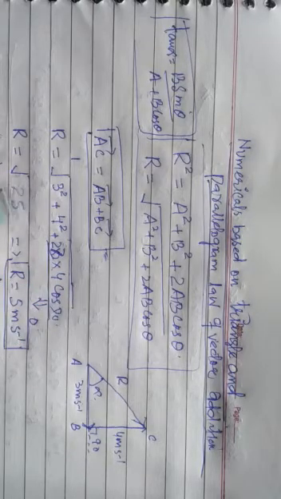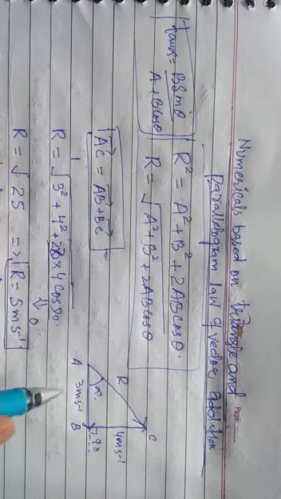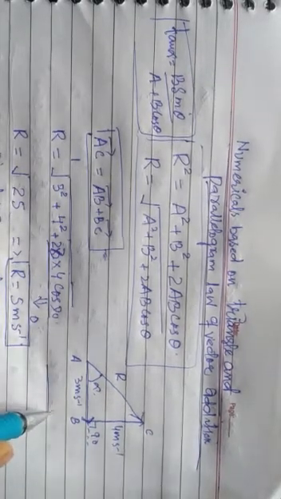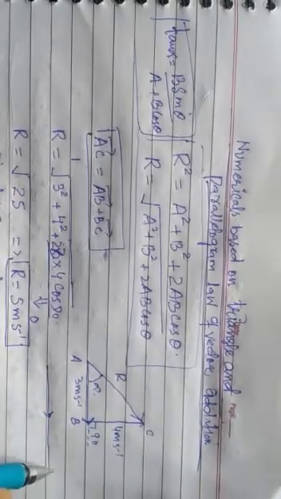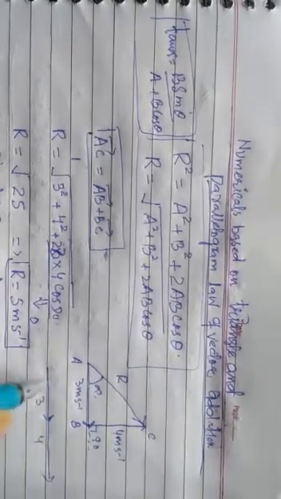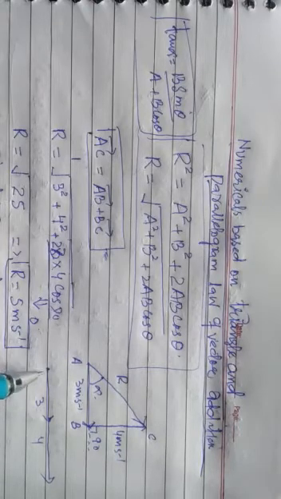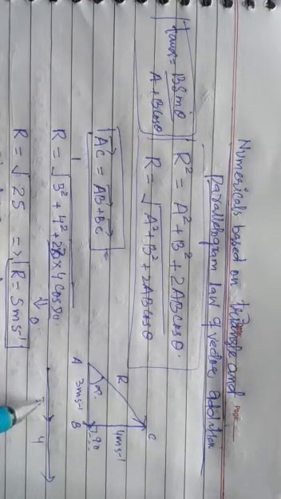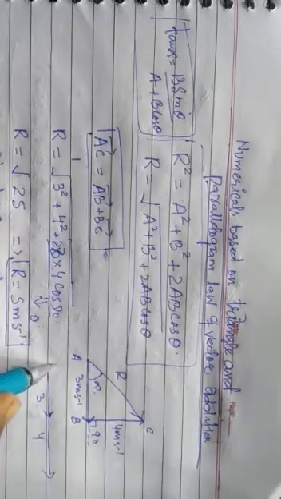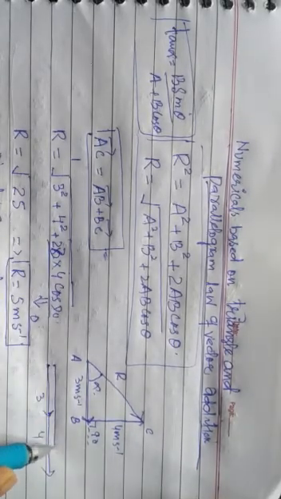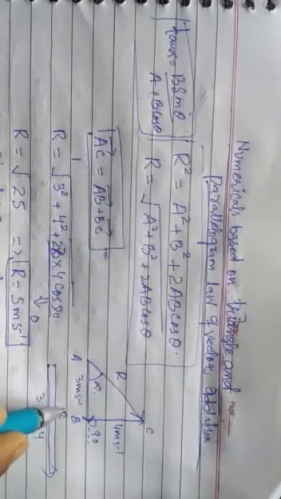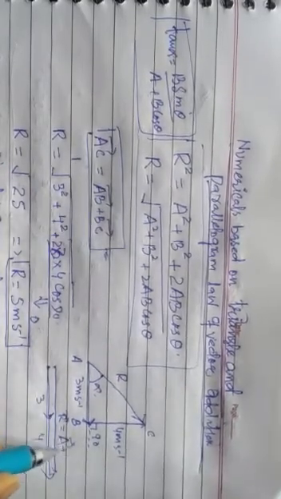Otherwise, simply listen, the resultant is not 4 plus 3, that was 7, but the resultant is 5, because you have to take care of the angle also. Had it been like this, this is 3 and then this is 4, then the resultant was 3 plus 4. Because if we are having a condition like this, this is the first vector, this is the second vector, then the tail drawn from the first vector up to the head of second gives us the r, then it was r equals vector A plus vector B.